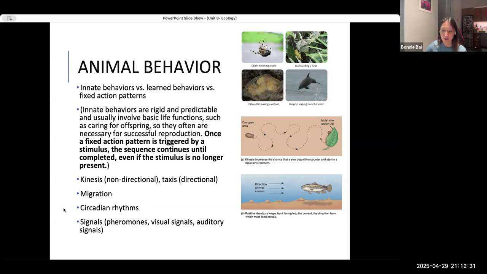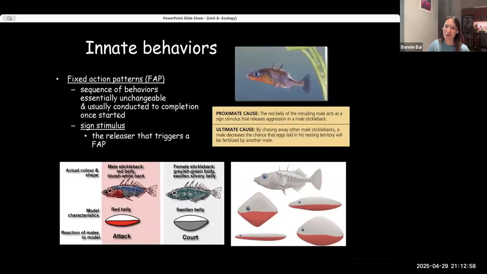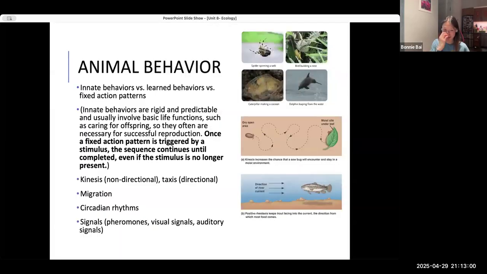It is natural. It will stay that way. If you learn biology or psychology in college, you will learn more about circadian rhythm, which is actually very interesting. Signals, there are signals in the sense of chemicals, visual signals, sound signals, all that. Those are all related to animal behavior. Okay. You should really read into circadian rhythm. I even wrote a comic book for one of my college education projects. I can't find it.